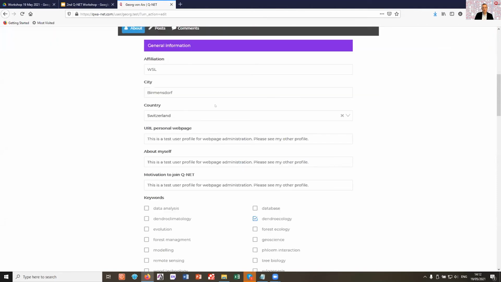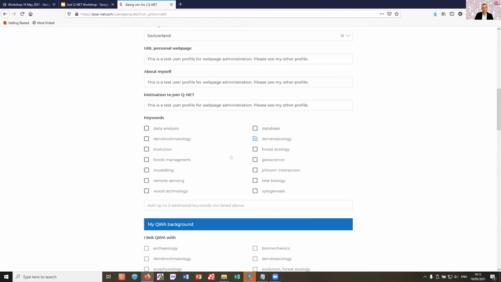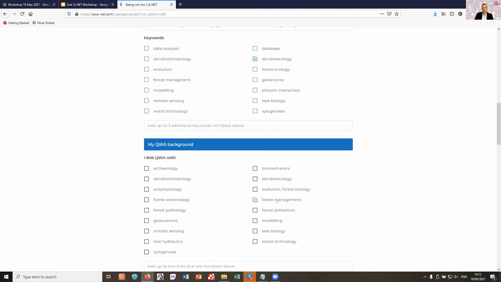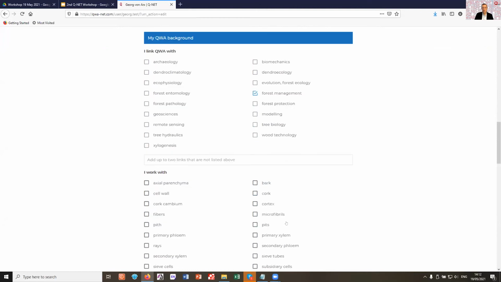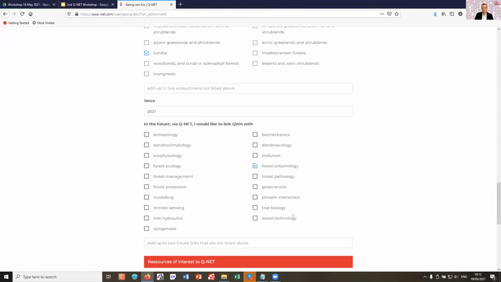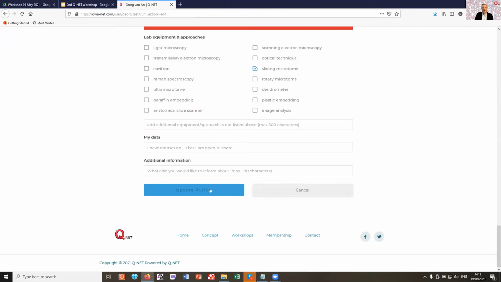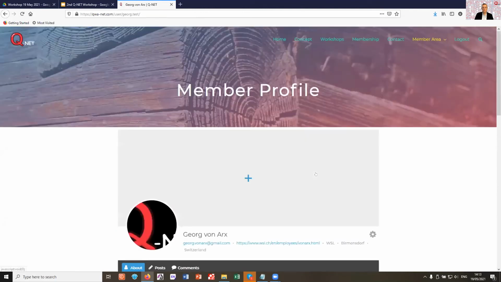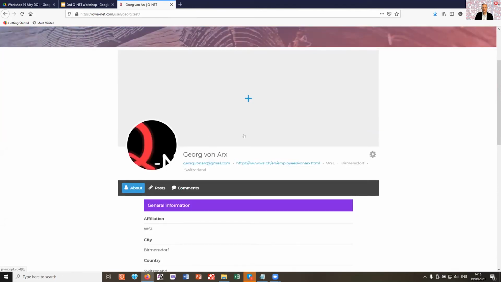And also all the other information that you filled in during registration, like checkboxes, my QWA background, etc., you can adjust easily yourself. Don't forget at the very end to update the profile. This is the way to save, otherwise all your changes will be lost. I do this. And you see, the only change was the picture, but it is now there.